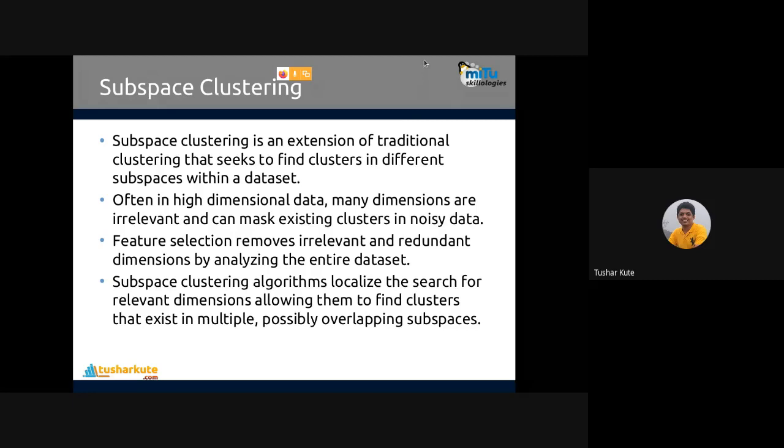When we have high dimensional data, many dimensions are irrelevant and can mask existing clusters in noisy data, where outliers are present. Feature selection methods remove irrelevant and redundant dimensions by analyzing the entire data set. What are those features?